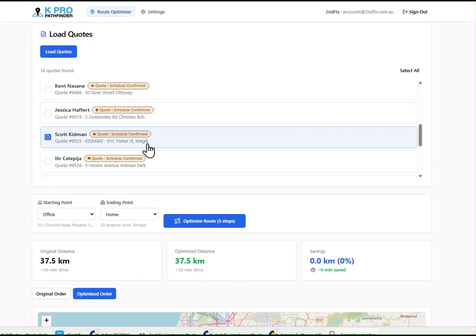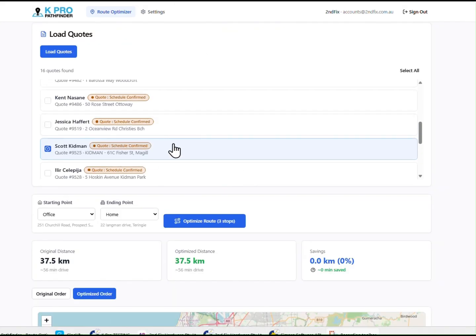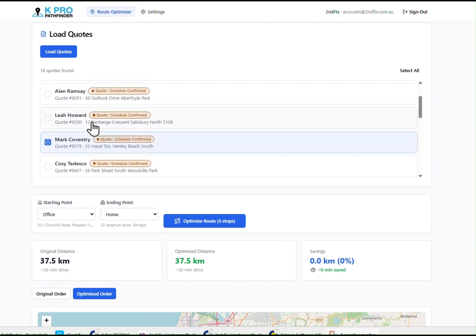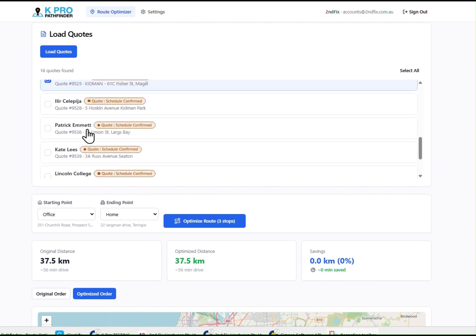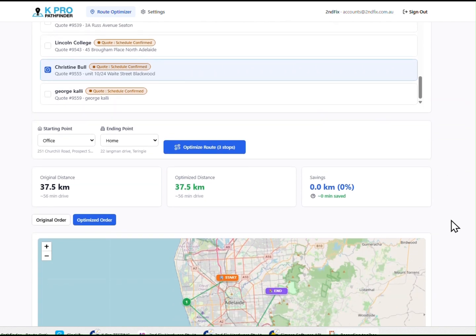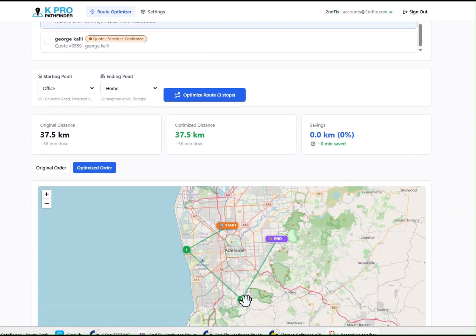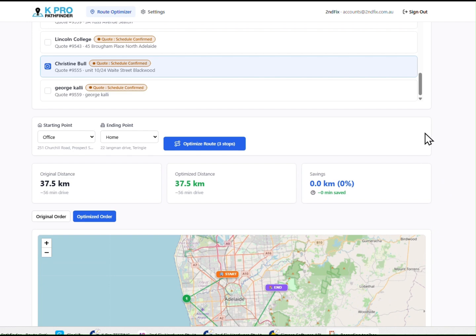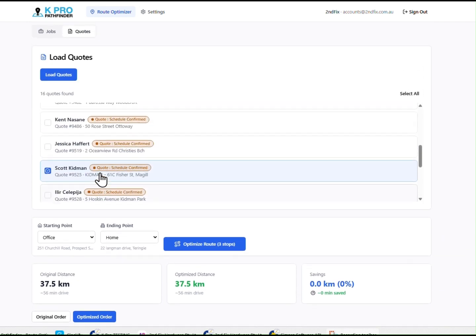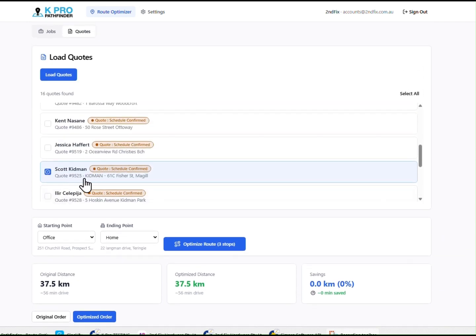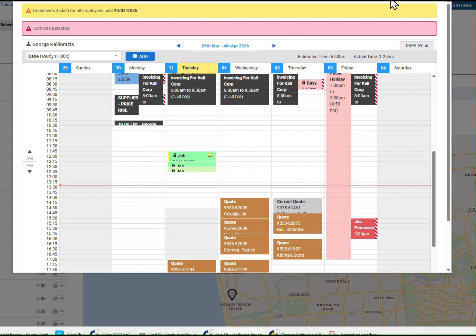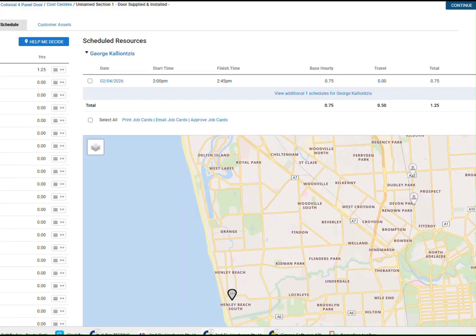Okay, just want to show you this quickly. There's an issue with this one here. I've got, so there's 1, 2, 3 jobs chosen, but there's only 2 on the map. So the reason for that is because this one here, the surname is in the site name. So what we need to do is just go back into Simpro and bring up Kidman